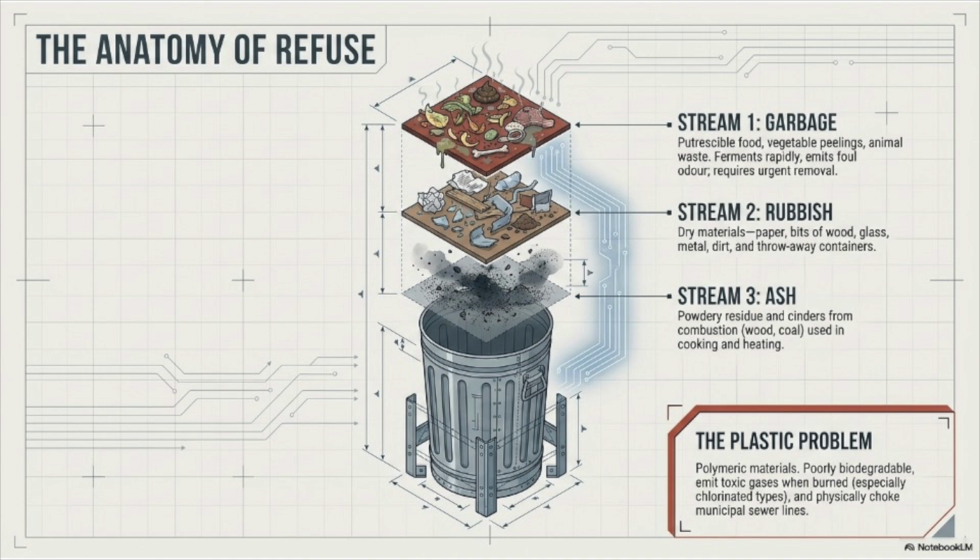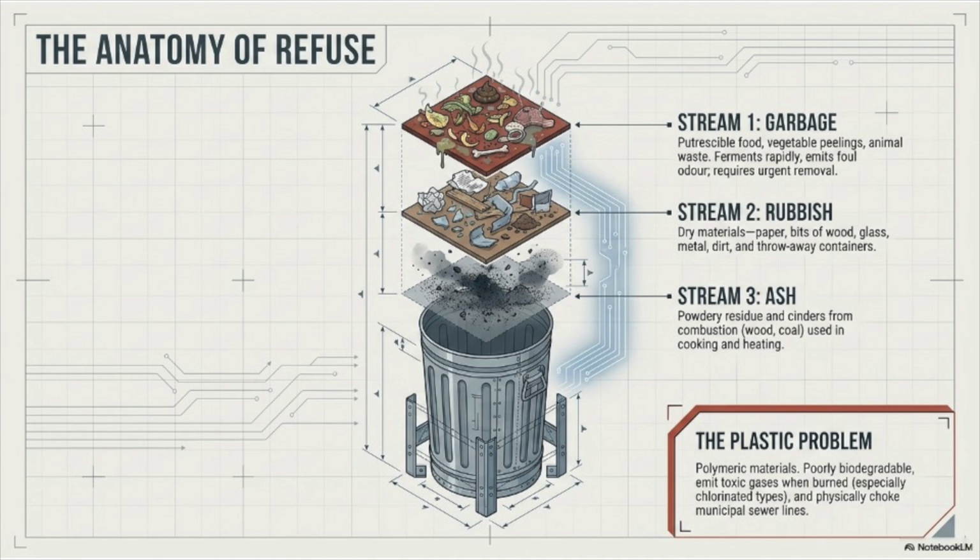Now let us look closely at the anatomy of refuse itself, which is divided into three streams. Stream 1 is garbage, which consists of putrescible food, vegetable peelings, and animal waste. This ferments rapidly and emits foul odor requiring urgent removal. Stream 2 is rubbish, which consists of dry materials like paper, bits of wood, glass, metal, dirt, and throwaway containers. Stream 3 is ash, which is the powdery residue and cinders from combustion of wood and coal used in cooking